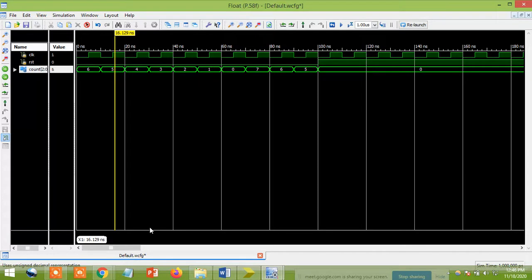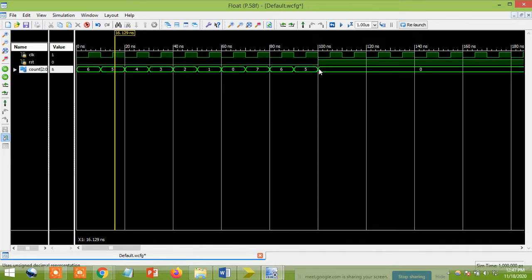Now we can see the value 7, here it is. I've taken the value to 7. After 7, on the rising edge it will come to 5, 4, 3, 2, 1, 0. After 0 it will come to 7 again. It's a down counter only: 7, 6, 5. Suddenly what happened here? Reset is high. Once reset comes to high, what value is it changing to?